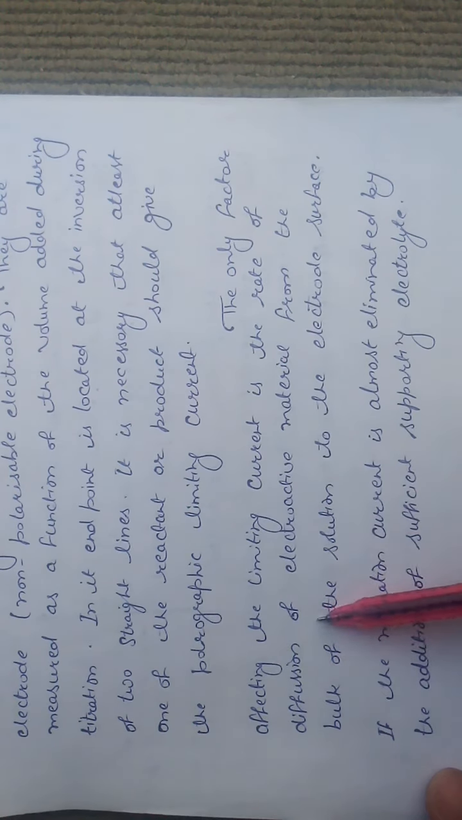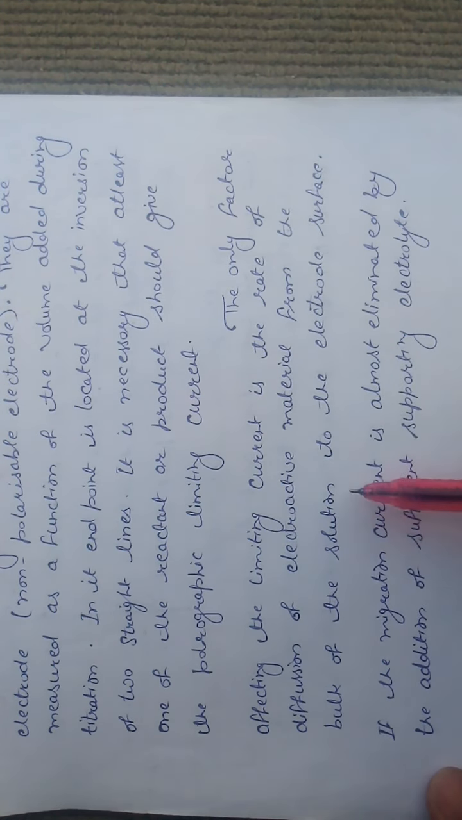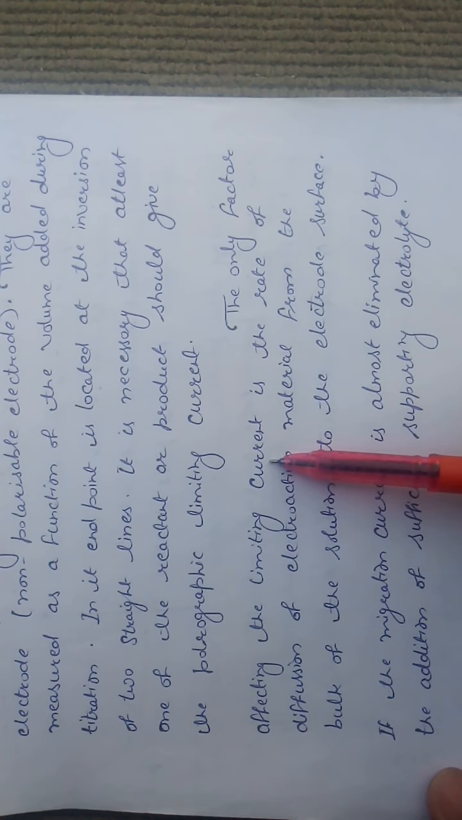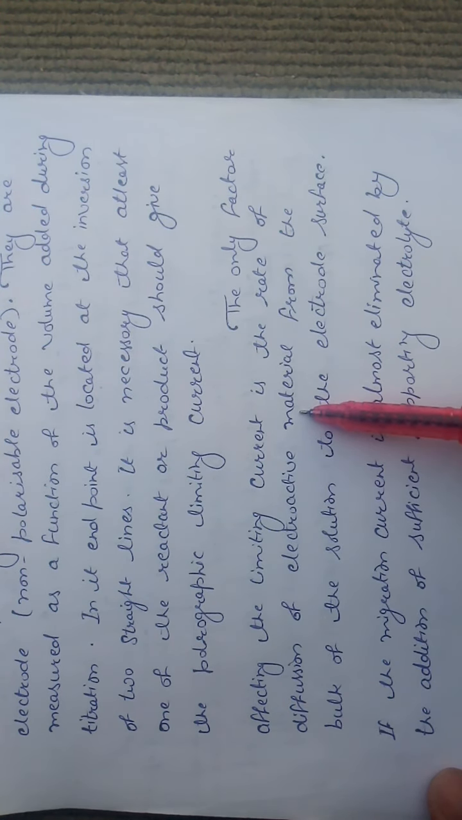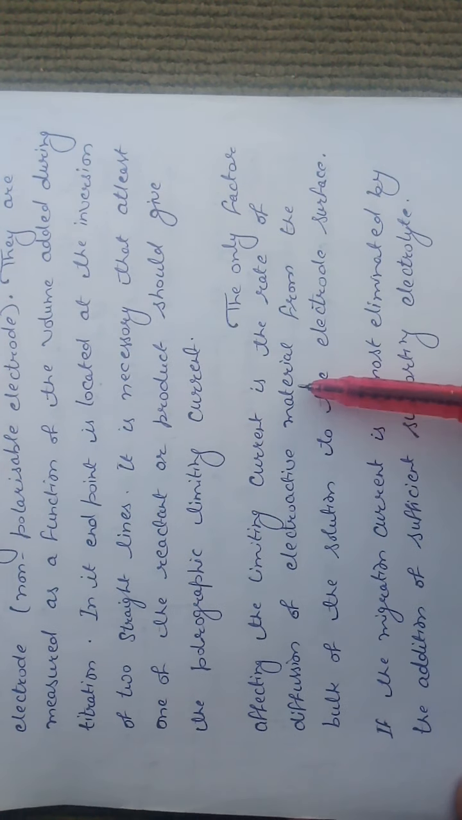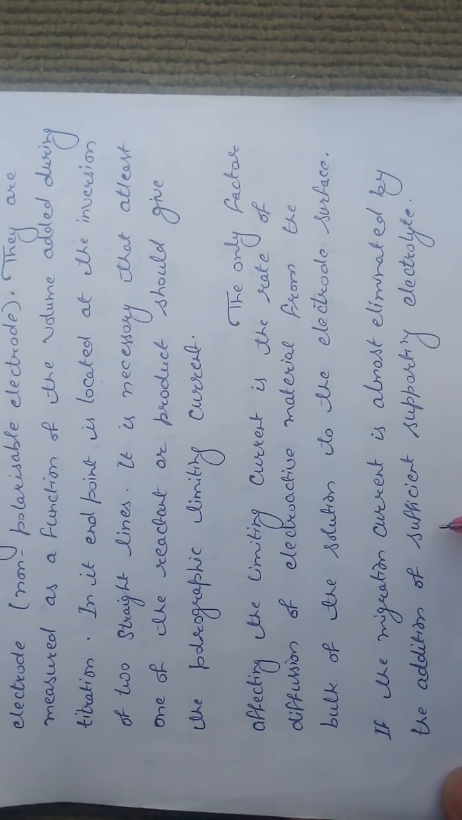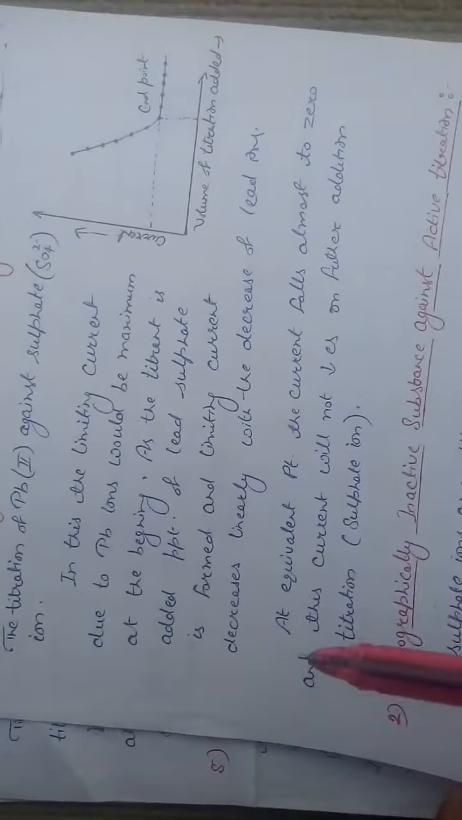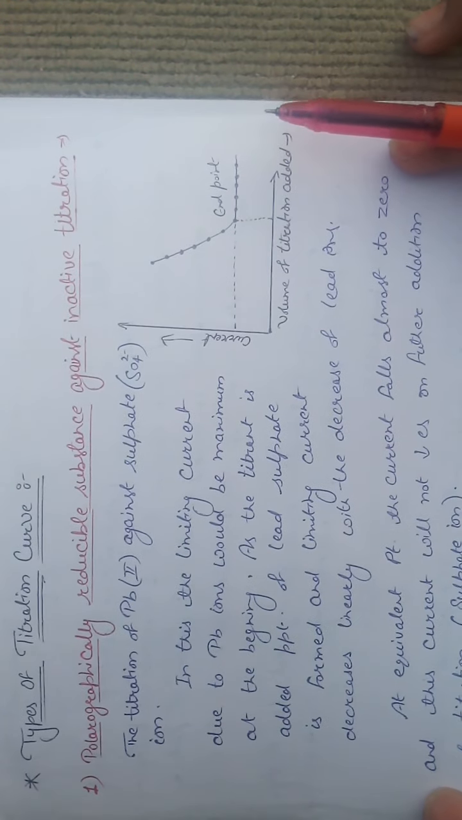The only factor affecting limiting current is the rate of diffusion of electroactive material from the bulk of the solution to the electrode surface. So you can say limiting current is directly proportional to the diffusion of electroactive material. Right guys? It will depend on this. If the migration current is almost eliminated by the addition of sufficient supporting electrolyte, then the type of titration curve is given as